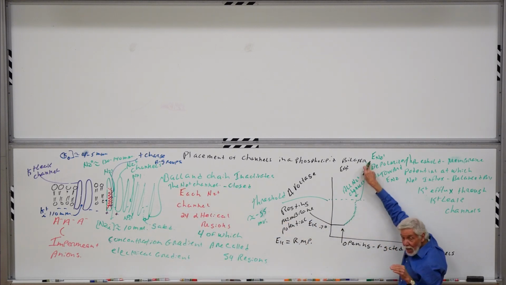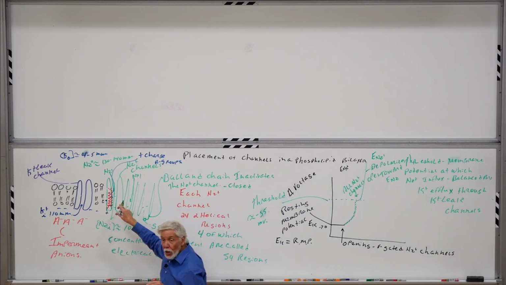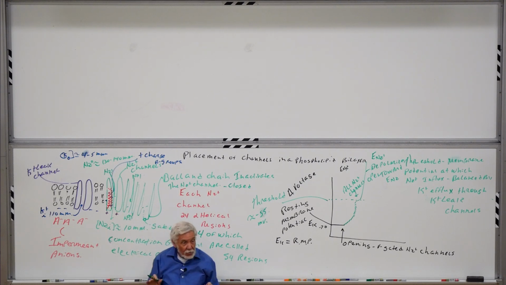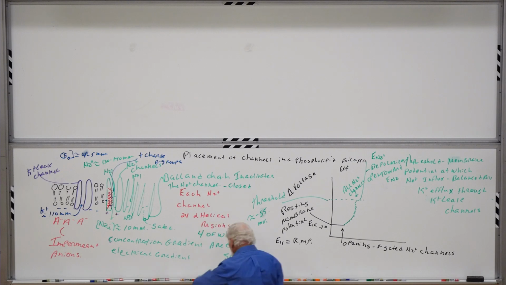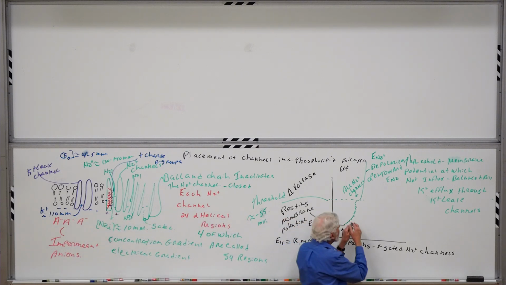So up here at the peak of the action potential, at this point, these ball and chains are moving into the open channels, inactivating them. You can think of them as being turned off. And where we left last time was to emphasize that if all we did was open these voltage-gated sodium channels